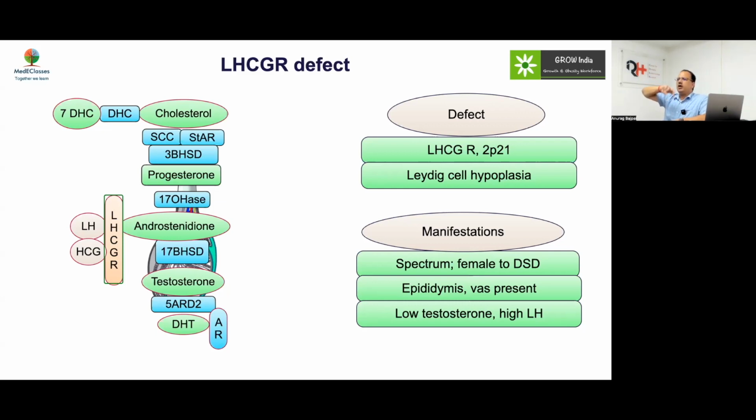Alternatively, if you're thinking of an XY DSD, in the setting of an individual who has a palpable gonad and no Mullerian structures, your testosterone level is low and you do not have salt wasting, then there are only two differentials, either 17-beta-HSD or LHCG receptor. So this will give you a good picture in that scenario also, and there will of course be no response